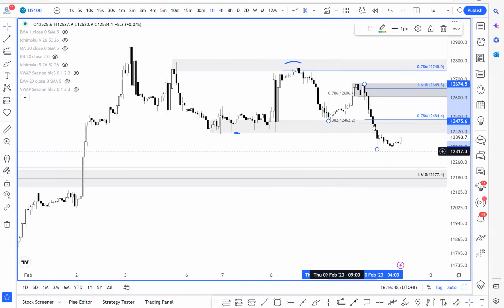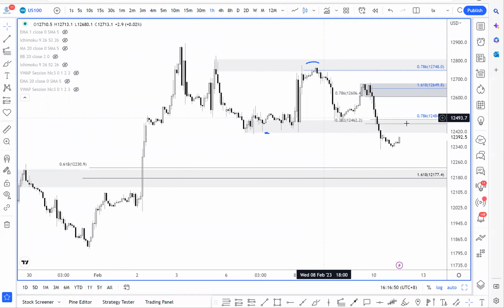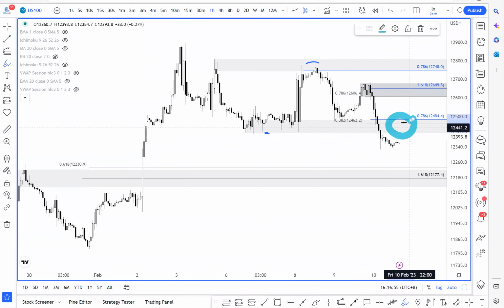Okay, so this is the area. So for me, it's still bearish. But whether we will be pulling back into this zone, this is the most immediate resistance area before we see a further reversal. This would be 1. But in order for confirmation, it's best that you go down to a smaller time